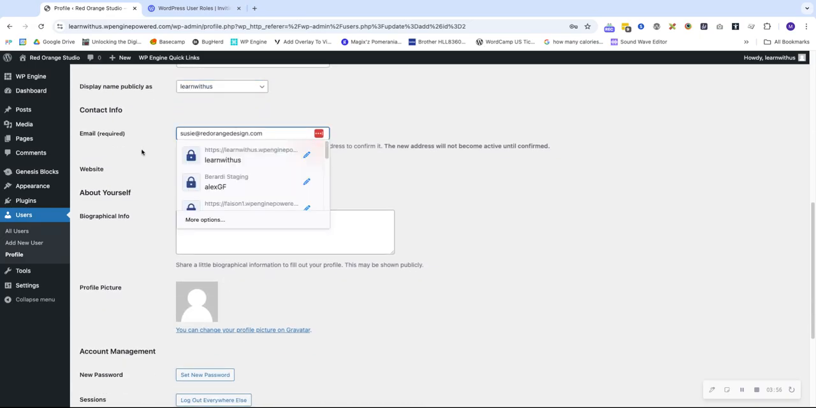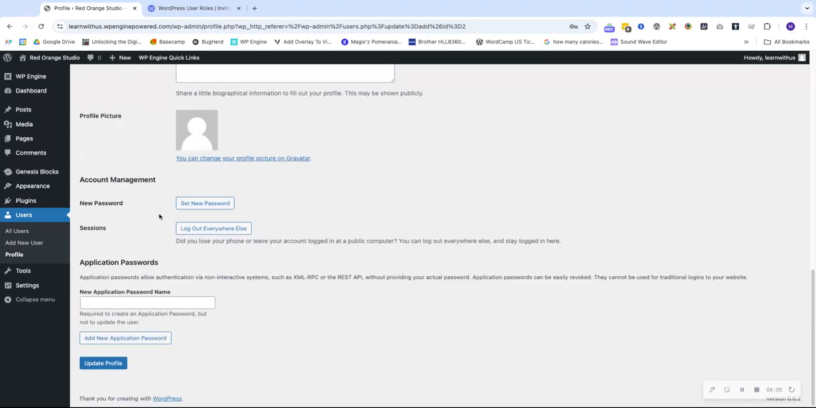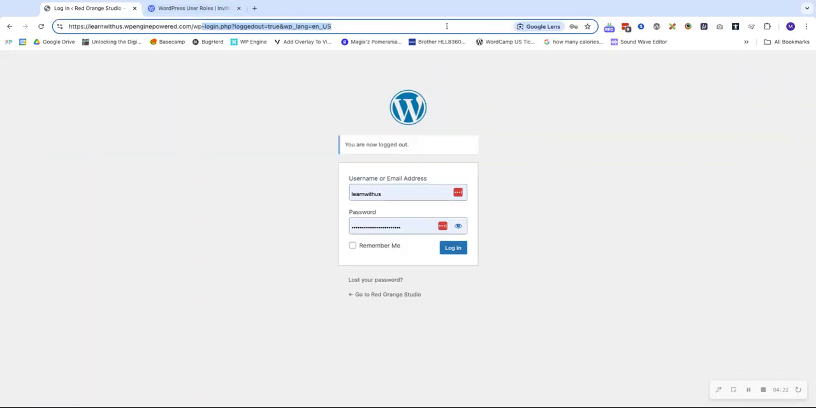I can update their email address, their website, and then if they need a new password, I can click Set New Password. So that's if they've forgotten their password or something like that. If you do it this way, then you'll need to tell them their password. Otherwise, if you go to WP Admin, if I log out and go to WP Admin,